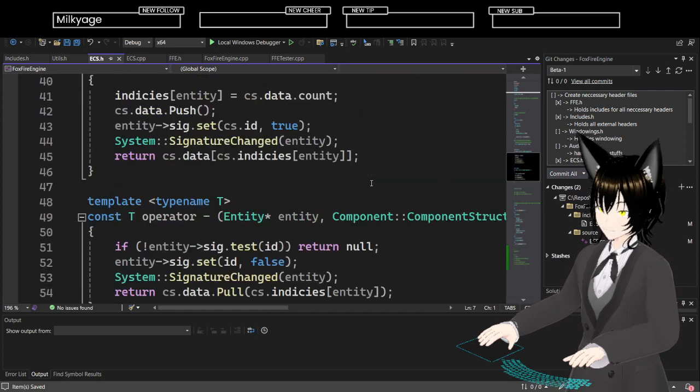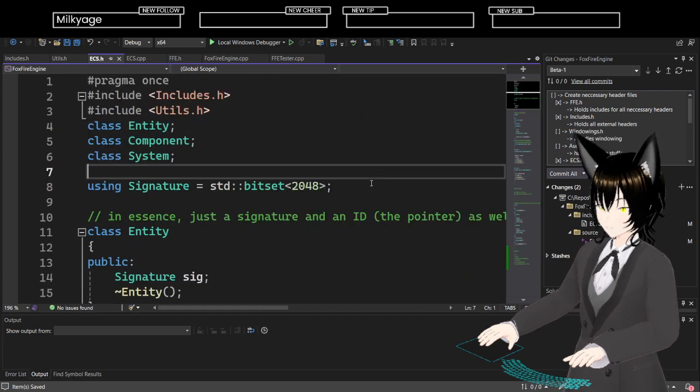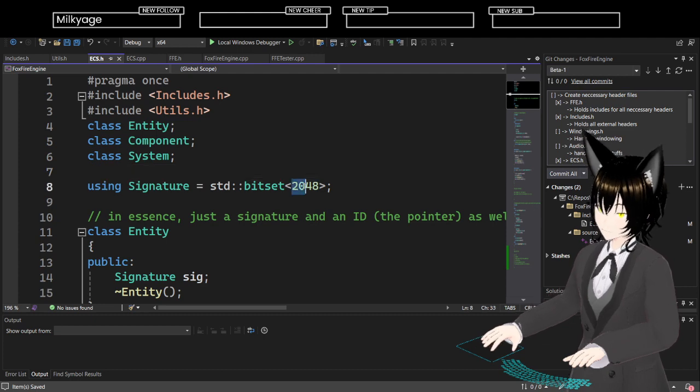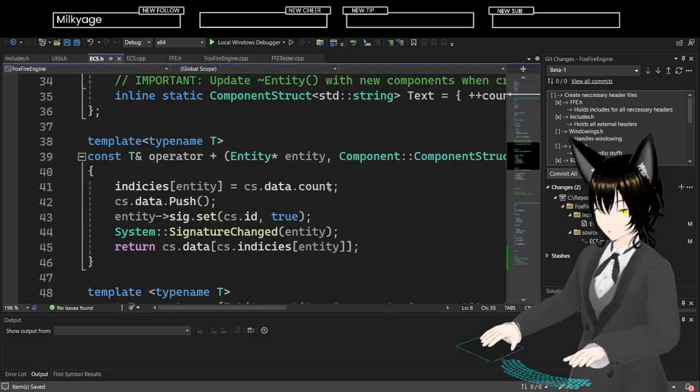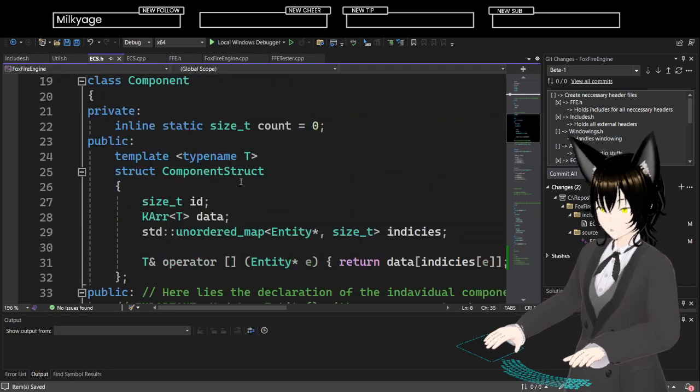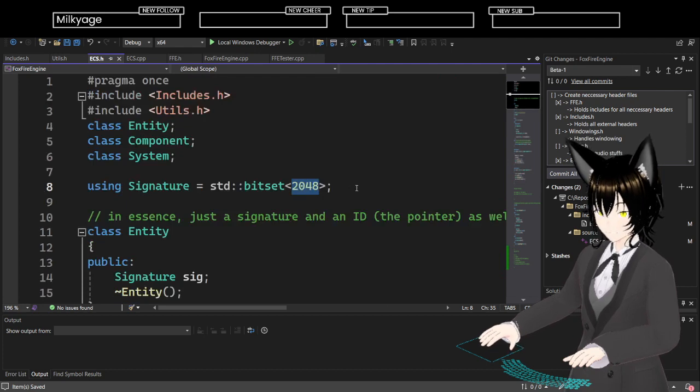Now, why is this bad? It means that if I were to do this to be as small as possible, then every time that I created a new component type, I would have to update this to be however many components I have.